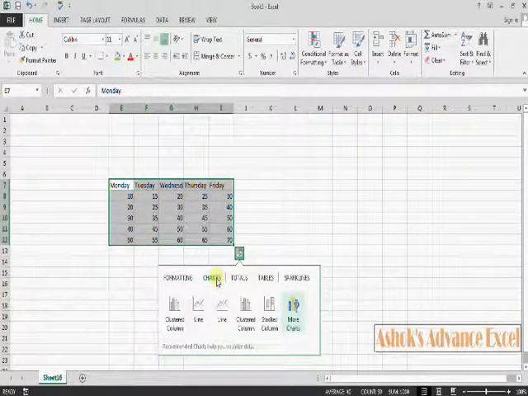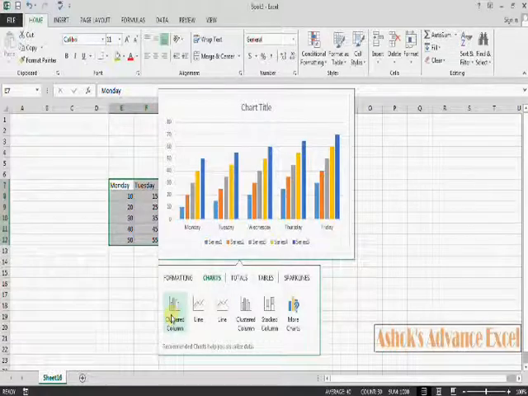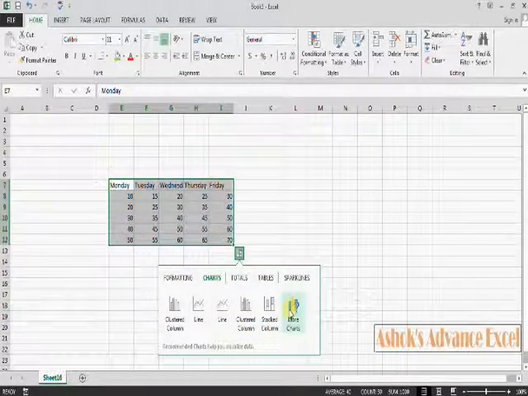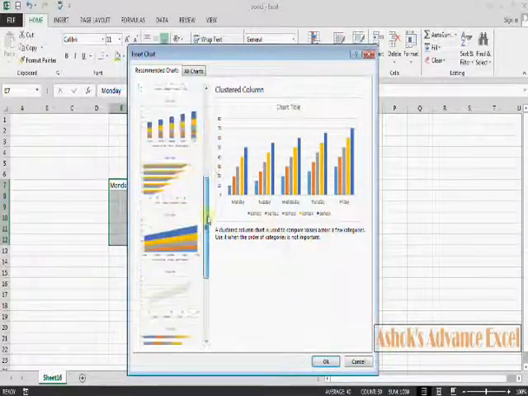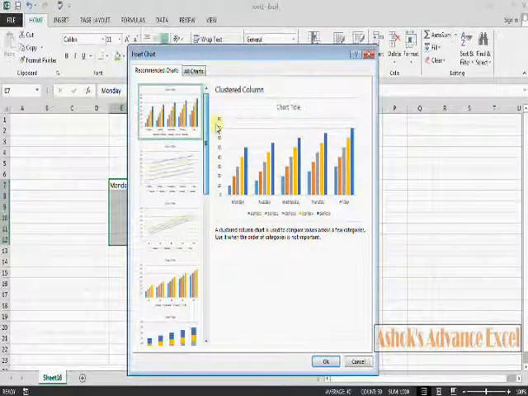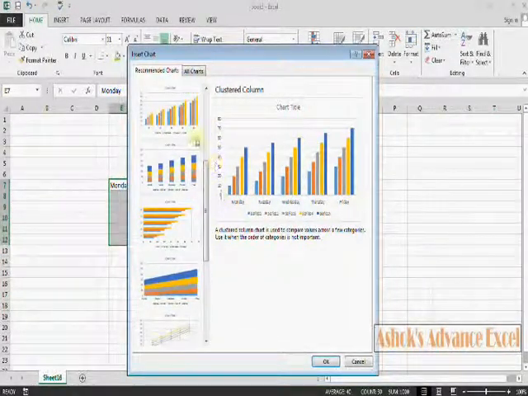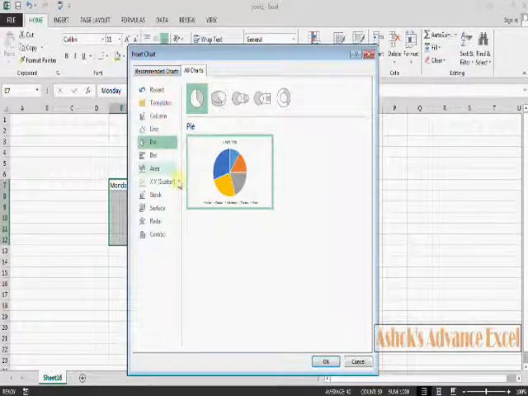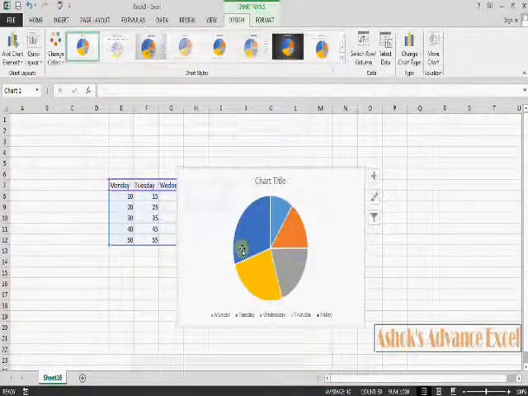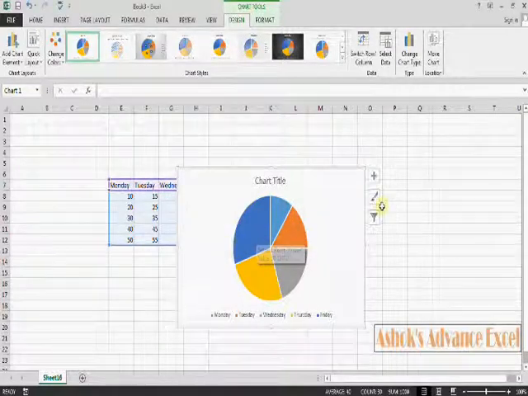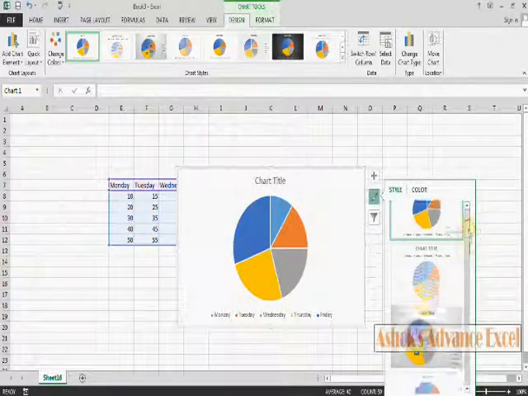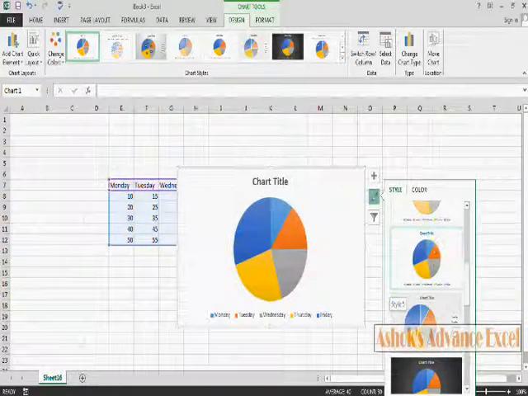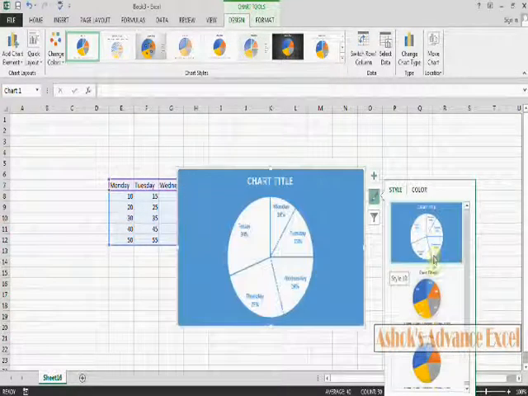Next tab, Charts. Just bring the cursor over here and you can see the types of charts available for the existing data. In More Charts, in the elevator bar, you can see many chart types are available here. Here is another tab, that is All Charts. Select pie, click OK, and that pie chart is inserted in the sheet. Here chart formatting tools are given. Just select, bring the cursor over here and you can see it is changing. You can select the chart type from here.